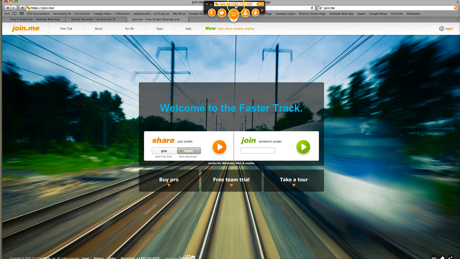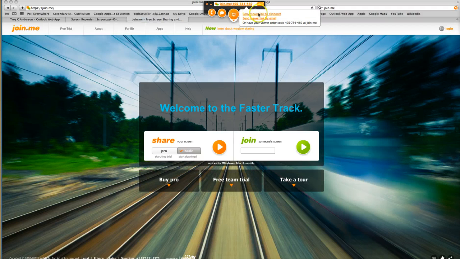But the first thing you want to do as a meeting organizer is send this 9-digit code to all the participants in the meeting. So I'm just going to demonstrate that. I'll click on the link and it brings up the option to copy link to clipboard. That's the preferred method here that we're going to use, so I'll choose that,